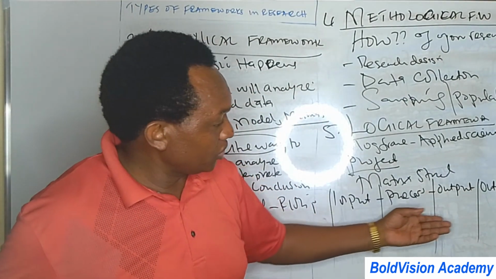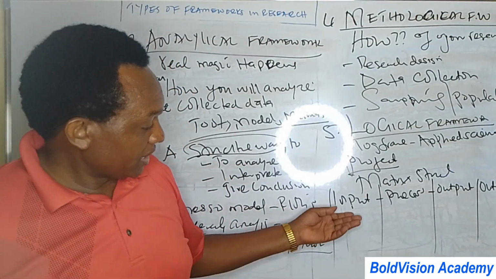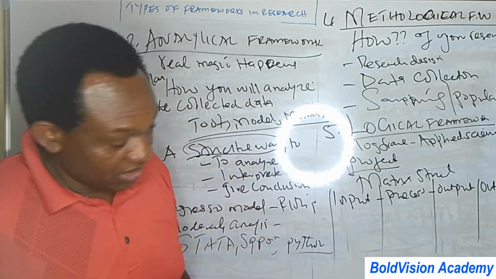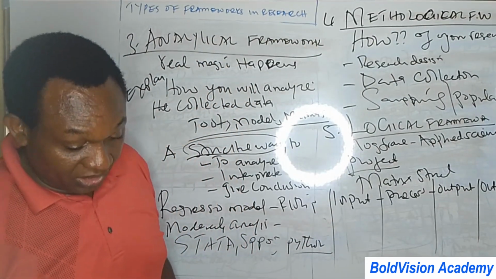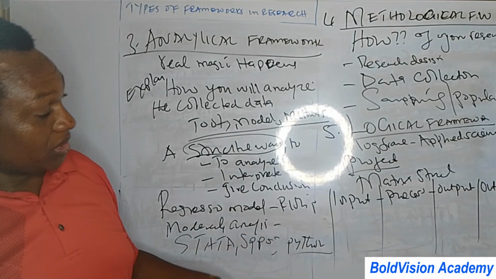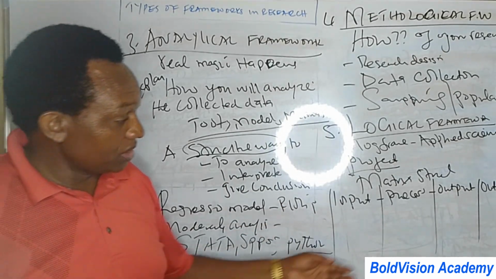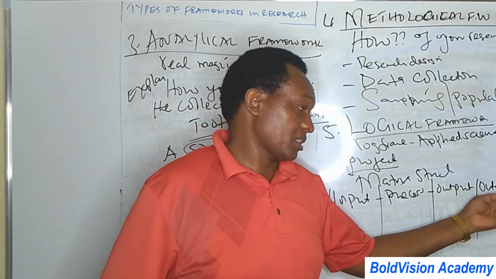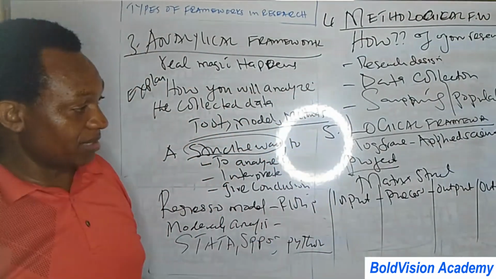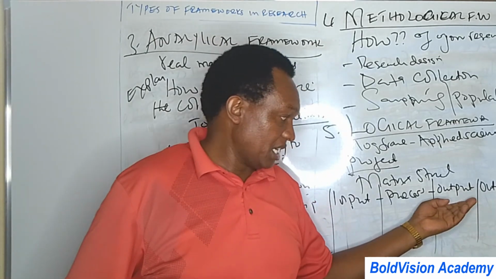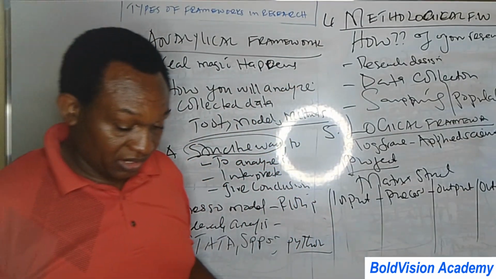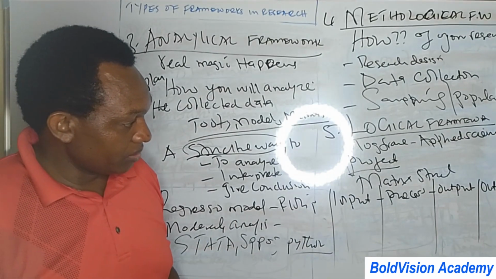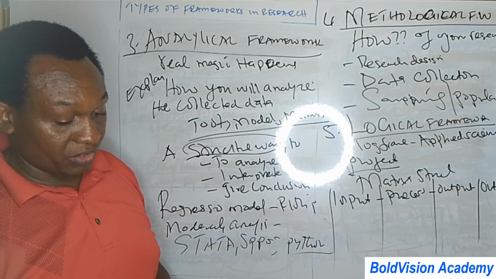So this is how the logical framework operates. For example, in our case, our input is here, like you can have a credit risk, and the process that you're going to apply there is the data collection. We collect the data, we analyze the data, the output will be the findings, and the outcome will be better risk management practices within these firms. So that is the long-term effect. But here, the immediate result is the research findings that are going to have an implication on how we are going to move forward from that point of view.